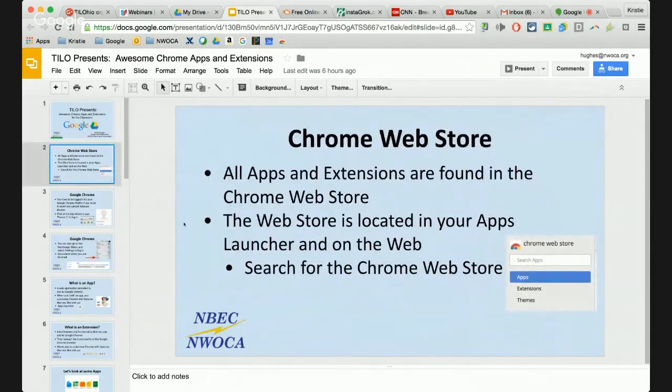Second screen I'm going to show you here. Hopefully you're all familiar with the Chrome Web Store. If you are not, everything that I show you today is going to be found in the Chrome Web Store. You can just do a Google search for the Google Chrome Web Store, or if you have an apps shortcut, you can visit the Chrome Web Store. It looks like a little suitcase. Everything that I show you today is free. I will point out some of the apps as we go through that are what we call freemium, which basically means that it's free to begin with, and then if you add features, you may have to pay for that, but I will point those out as we go along.